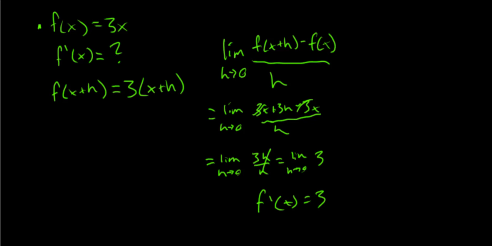What if we were to do, let's go back, let's do the power rule. The power rule, that's a classic, right? So what if f of x is equal to x squared? We should already know this is a really easy derivative to take. X squared, the derivative is going to be equal to 2x, right? But let's pretend we don't know that yet. We need to find what f of x plus h is equal to. So we're going to, again, substitute x plus h into any x in our original function. So f of x plus h is going to be equal to